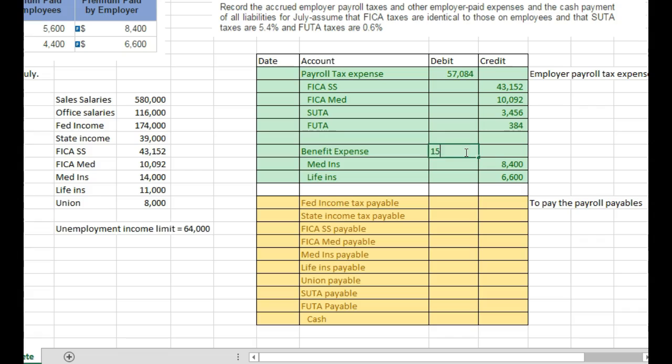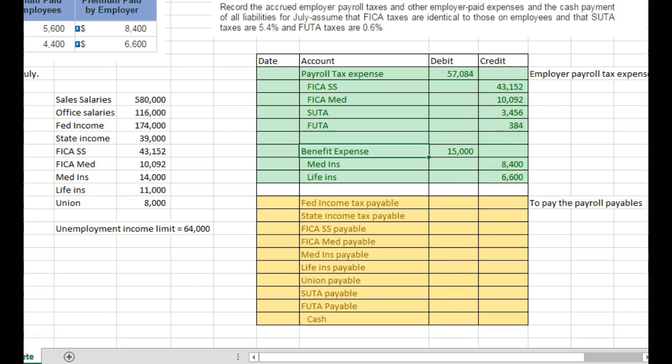Is that correct? Yes. So now, this is an expense for the payroll tax, and this is an expense for the benefits or the insurance. Now, this is a step we didn't actually do in the participation points, but now we want to pay